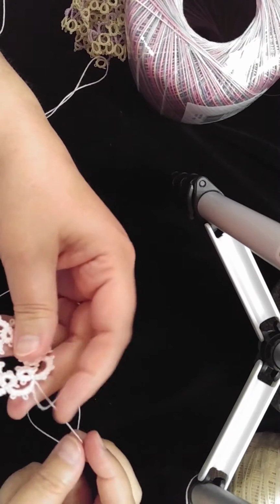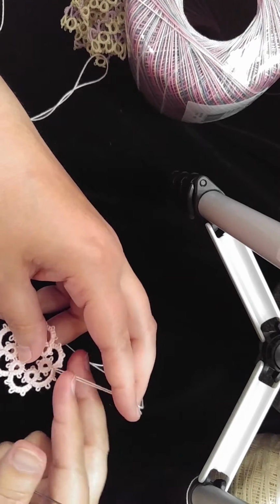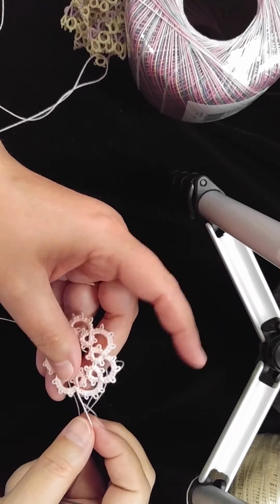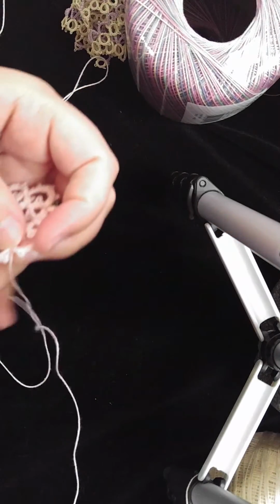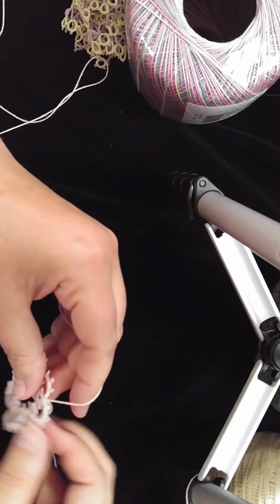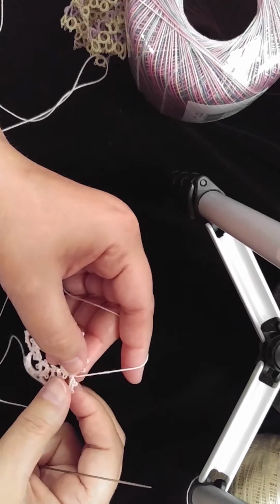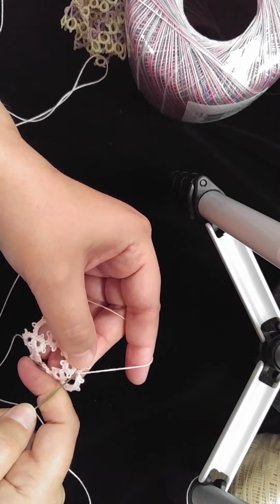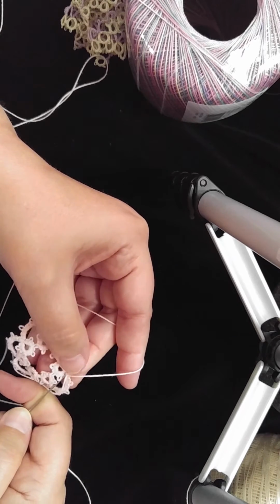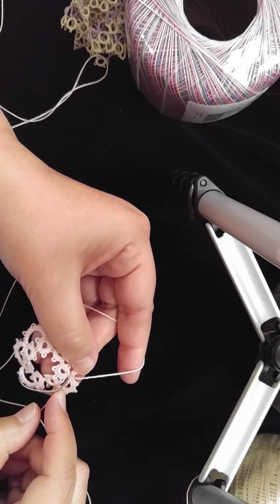Because I have knots here, and when I clip this off, I'm going to have these tails hanging off. We want to hide those. I usually work from behind. And I'll take the thread that is attached to the needle at this point, and I want to bury this thread. So I'm going to come backwards up through some of these stitches, and then just very gently, in fact,